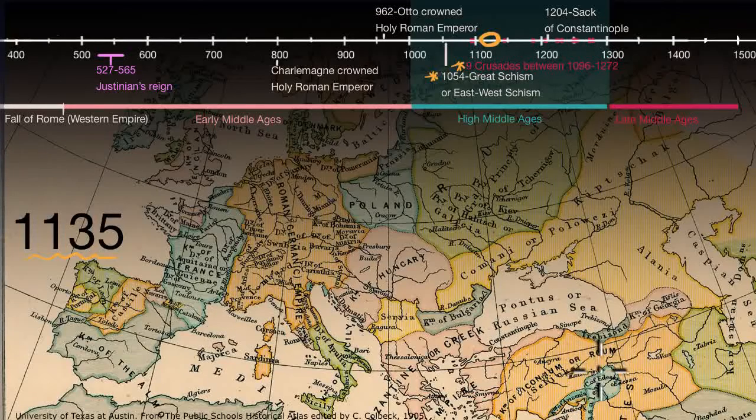And the Crusaders were trying to reclaim land from the Muslims, and especially the Holy Land, much of which is below the map where you can't quite see it right over here. But it turns out that when they are able to reclaim some of that land, they don't give it back to the Byzantines. They set up what are known as Crusader kingdoms, and you can see some of them right over here in this bluish color. So once again, you had this East-West schism, and the Crusades are further expanding the division between East and West.